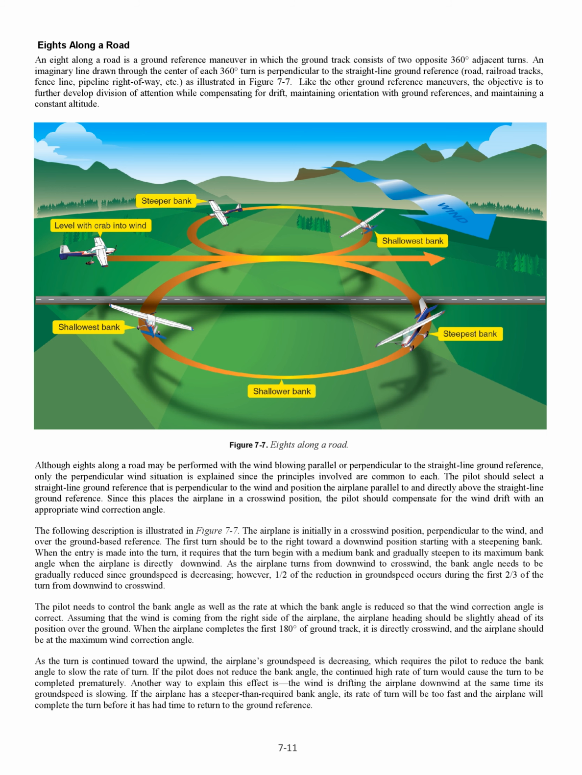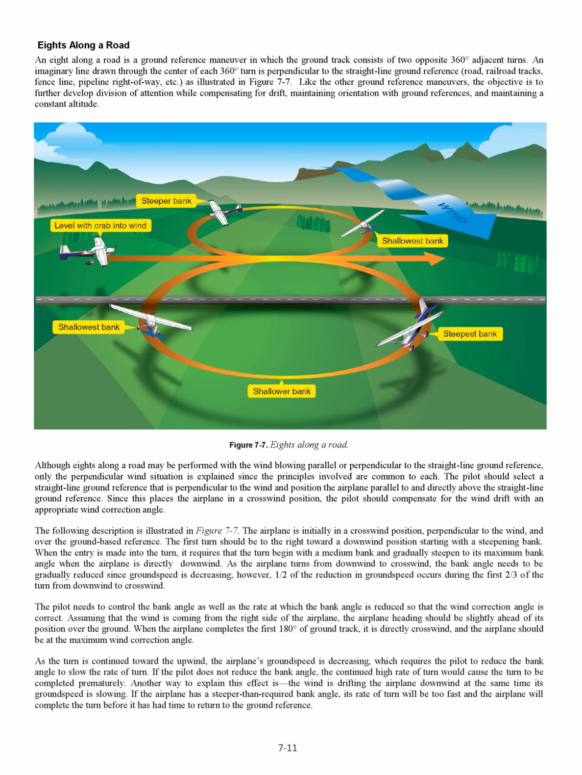The airplane is initially in a crosswind position, perpendicular to the wind and over the ground-based reference. The first turn should be to the right toward a downwind position starting with a steepening bank. When the entry is made into the turn, it requires that the turn begin with a medium bank and gradually steepen to its maximum bank angle when the airplane is directly downwind. As the airplane turns from downwind to crosswind, the bank angle needs to be gradually reduced since ground speed is